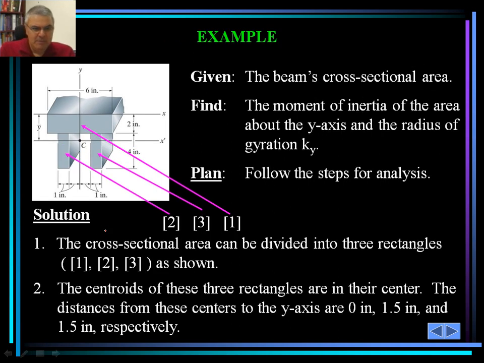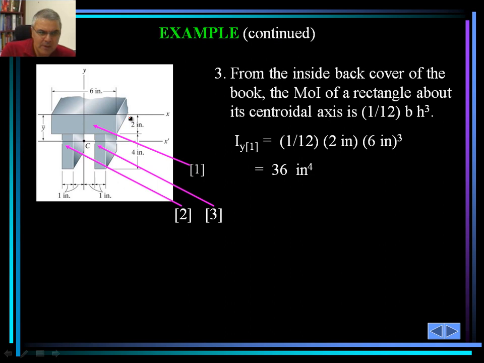Let me go back to step number 2. The centroids of these 3 rectangles are in their center. The distances from these centers to the y-axis are 0, 1.5, and 1.5 respectively. These are the distances that are given here. Okay. So from the